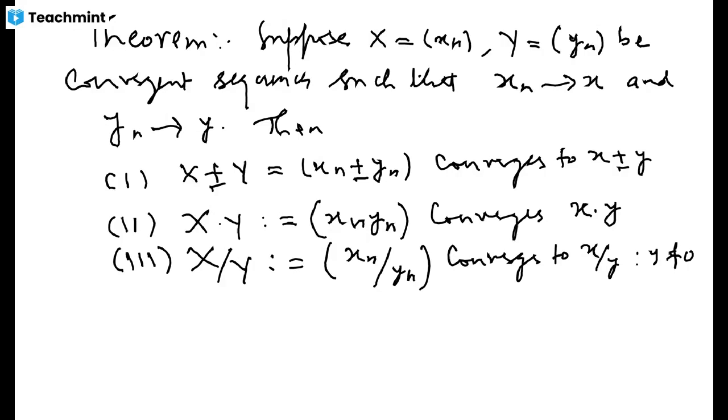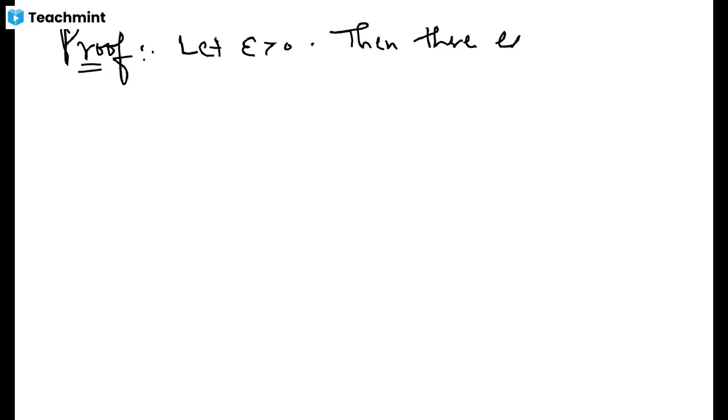So let us write its proof, and we will begin with the first one. I will consider the case where we are considering the sum of the two sequences, as the difference of two sequences will follow on similar lines. So let us prove that the sum of two sequences converges to the sum of the limits, and let us take some positive number epsilon, then applying the definition of convergence to the sequences xn and yn both, we get